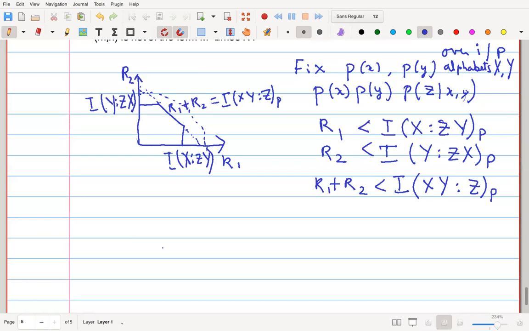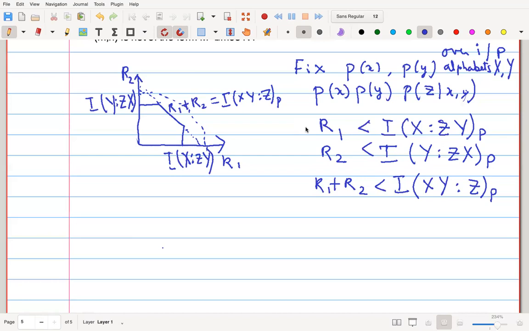So if there is a scheme which achieves a certain rate pair R1, R2, then you can cook up input probability distributions Px and Py such that the pair R1, R2 satisfies these constraints for that P. That is the outer bound. For the inner bound, you cook up probability distributions Px, Py on the input random variables. Consider this joint distribution. Now evaluate the pentagonal region corresponding to these constraints, and then any rate point in that pentagonal region is achievable. This is known, and El Gamal and Kim prove it very nicely. So today we are going to prove the one-shot analog.